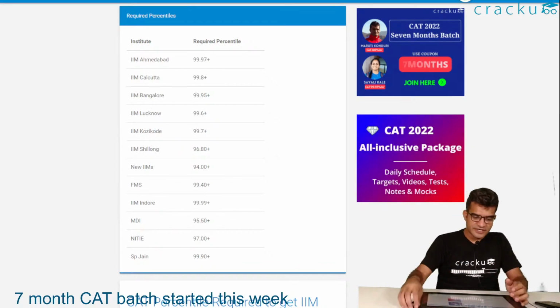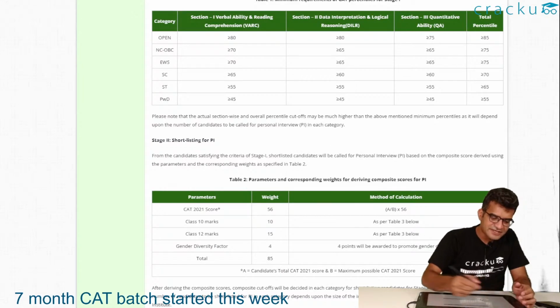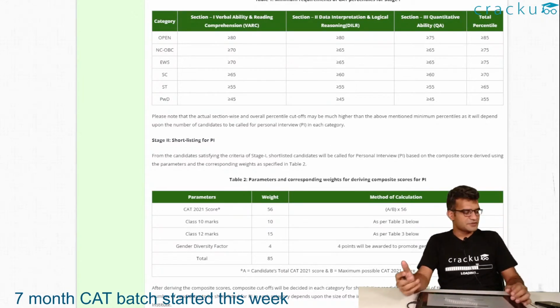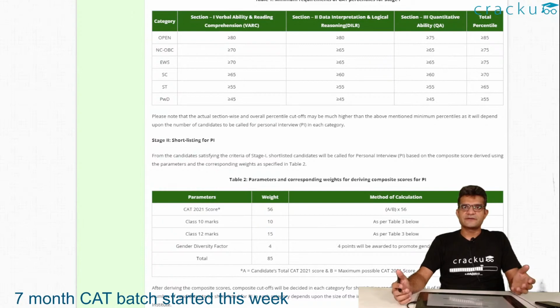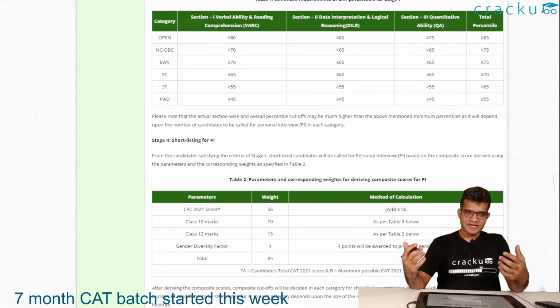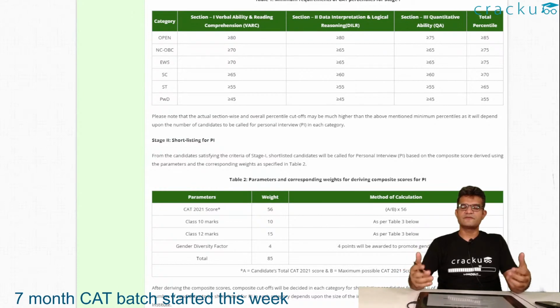For example, if you're looking at each of the IIMs, IIM Calcutta is one of the favorite institutes of most people who are taking CAT. It has a laid-back culture, which I think attracts a lot of students. But in addition to that, many people who are taking CAT don't have the perfect profile. Nearly 80%, 85% of people are not very happy with their profile. So all of them look at IIM Calcutta as some sort of an institute which will help them redeem themselves. So that is also another reason why many people look up to IIM Calcutta, because IIM Calcutta doesn't have weightage